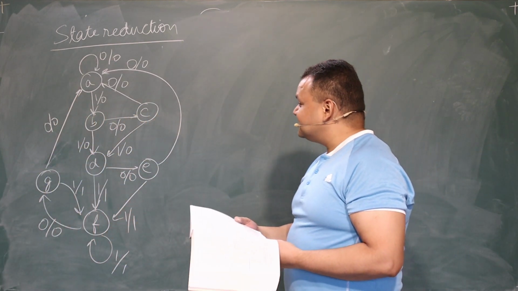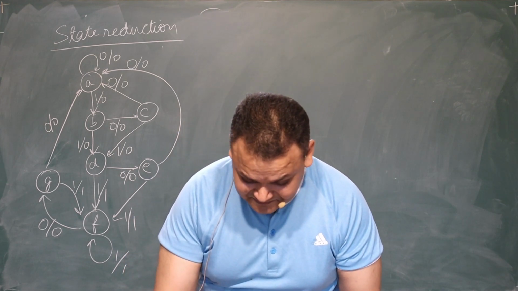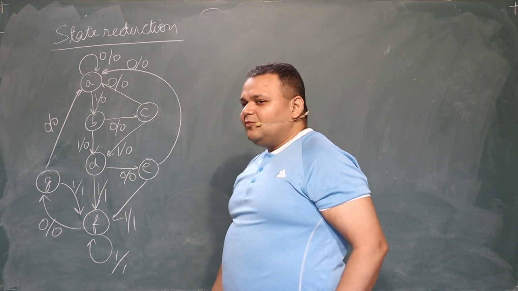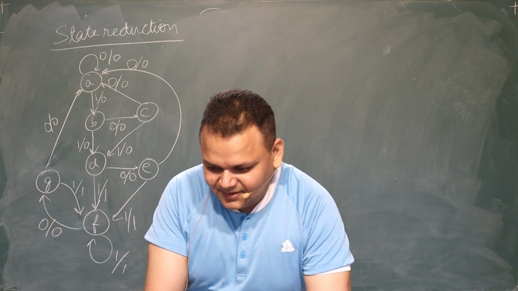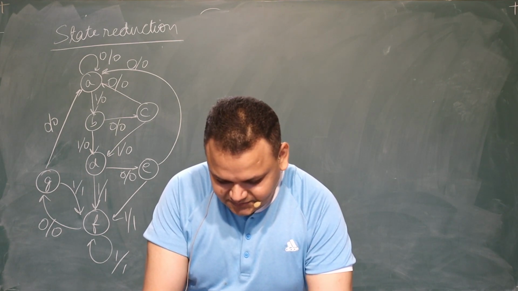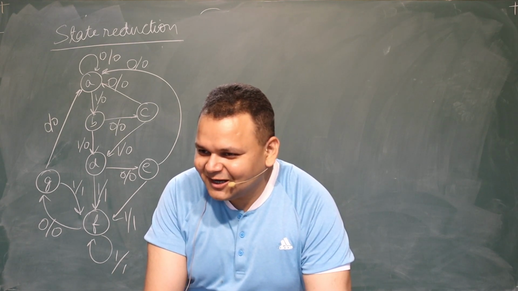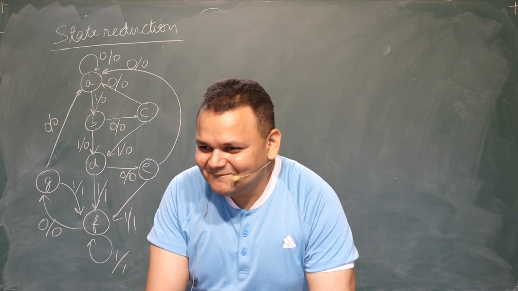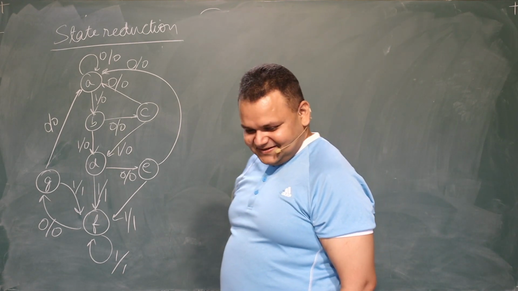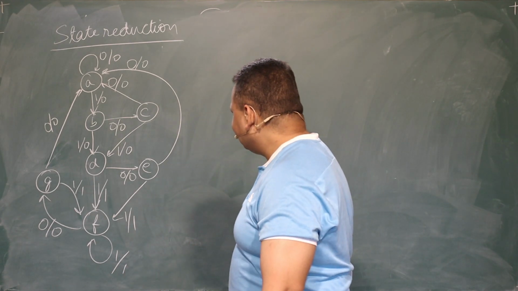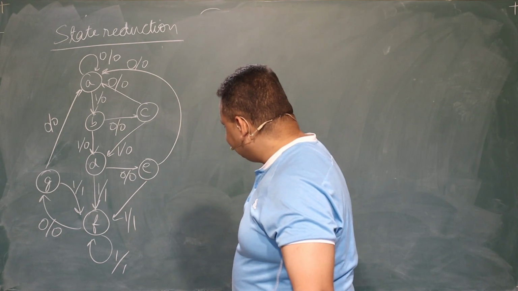Yes, sir. What do you think this machine is? Is this a Mealy machine or a Moore machine? So it is a Mealy machine. Yeah, you sound a little confused. Why? No, sir. So Mealy machine means states and input and output are mentioned in the same place. Okay, good. Did I miss anything?